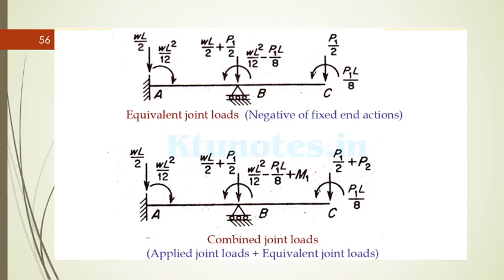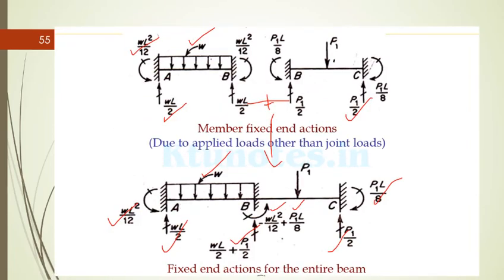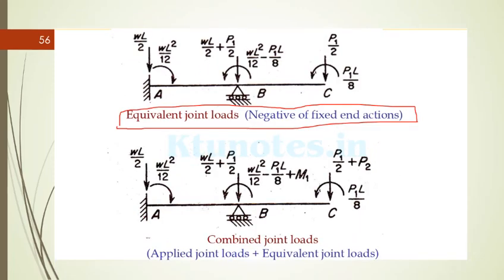Then the equivalent joint load which we are finding out will always be the negative of the fixed end reaction. So please note that this will be the fixed end reaction, and all the reactions as well as the moments should be applied in the negative direction. This reaction, as it is acting upwards, the equivalent joint load will be downwards. This moment being anti-clockwise, in the equivalent joint load it will be clockwise. So those things are affected in the next